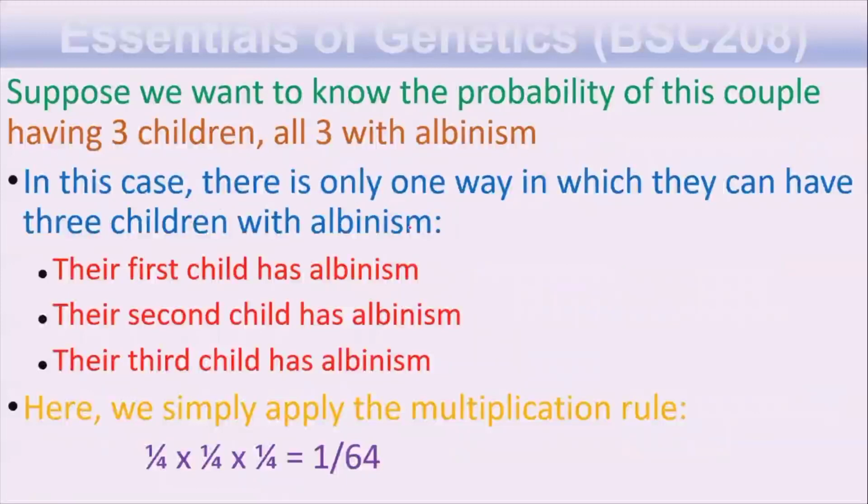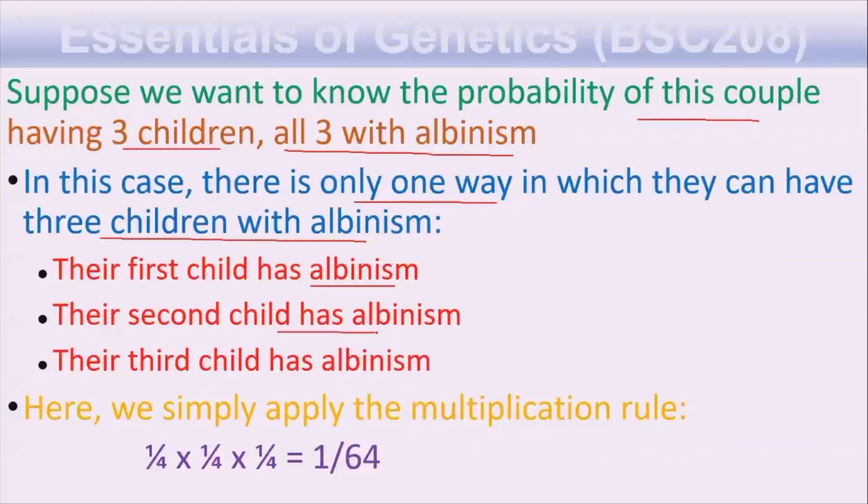So now suppose we want to know the probability of this couple having three children and all with albinism. In this case, there is only one way in which they can have three children with albinism. So these three ways are that their first child has albinism, their second child has albinism, and their third child has albinism. So here we simply apply the multiplication rule because all these three events are independent events, and